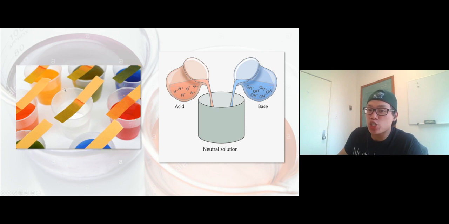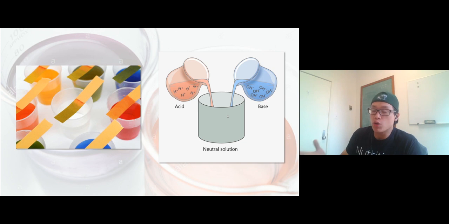And acids and bases change the color of dyes such as litmus papers and indicators. You might have tried it in high school or middle school, maybe if you took chemistry. And acid and base cancel the effect of each other. This reverse effect we call neutralization. Mix acid and base, you get water and salt. Remember that, right?